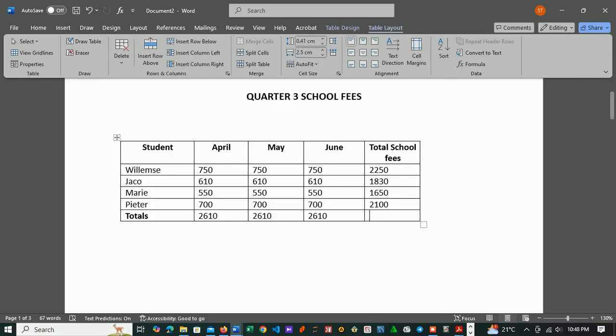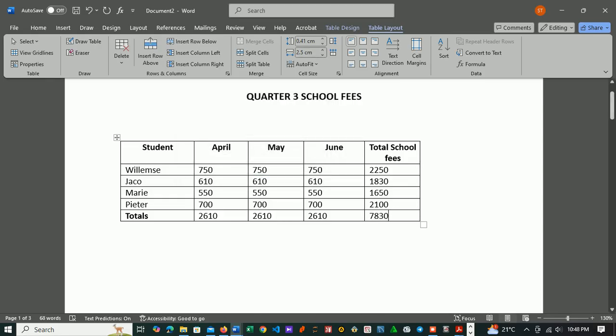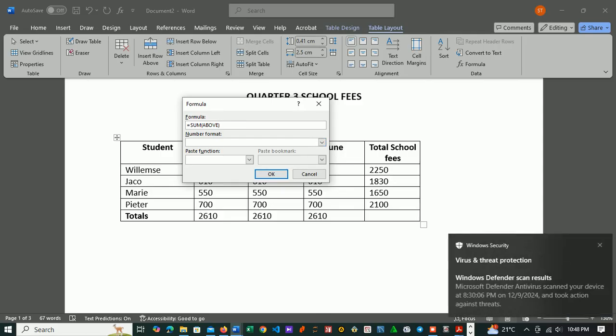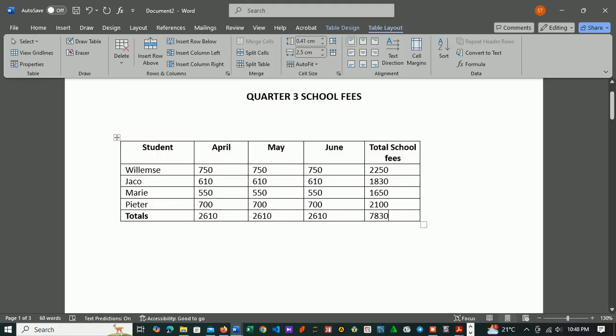Okay, table layout and then formula. It's equals to above, né? And then we choose our format. And then we say okay. So it's 7,830. So let's say we try another formula, which is it's equals to sum left. Okay. So as you can see, the amount is still the same. Even if you can say above or left, it will just give you the same amount. So this is how you use formulas